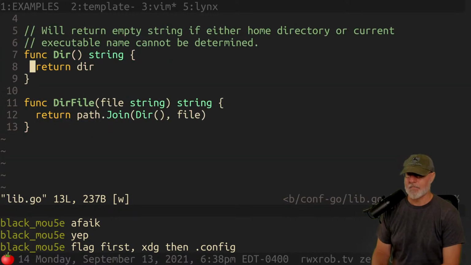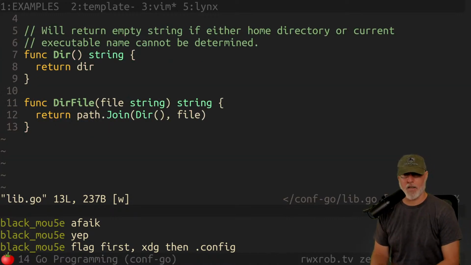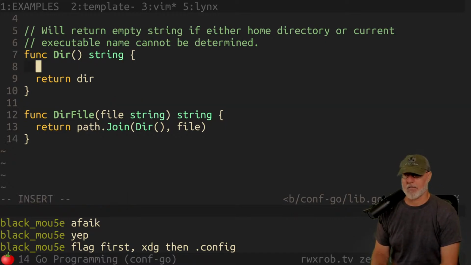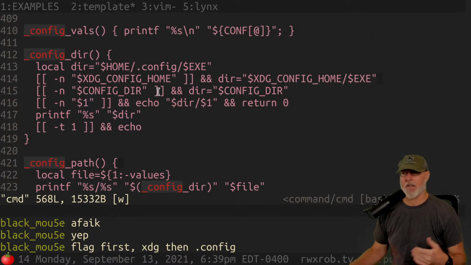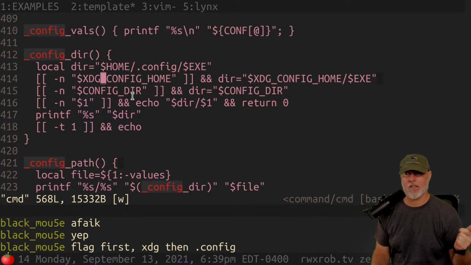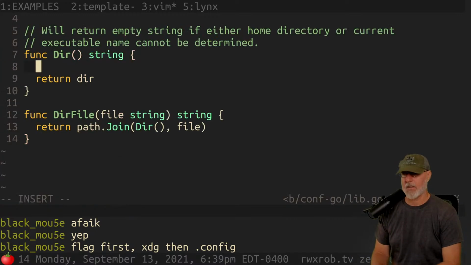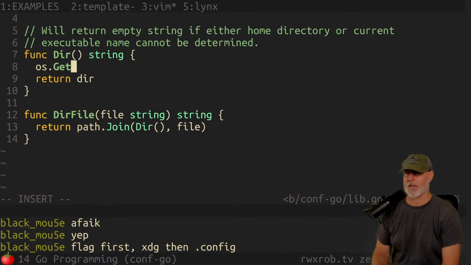So I'm going to literally turn this logic upside down, and I'm going to say this. First of all, we already separated out dir files. So if somebody has a file, we're calling something completely different. We don't even care, right? And then we're saying this. So the very first thing that we need to check is: is there a conf-dir set? Because if there is, we're done. If there's a conf-dir set, we're done. So we do os.Getenv.